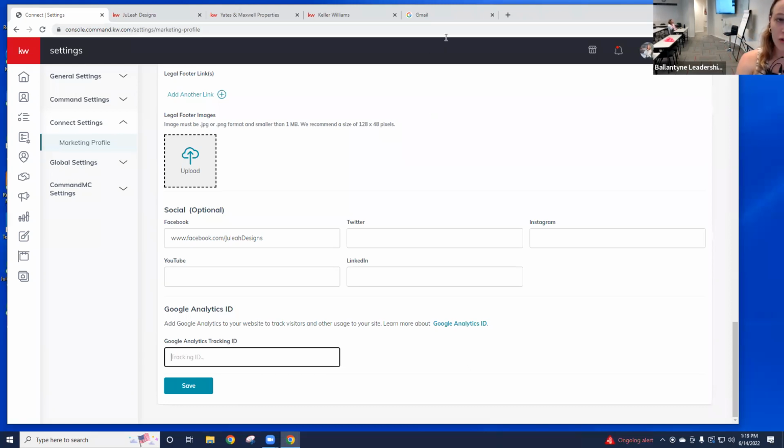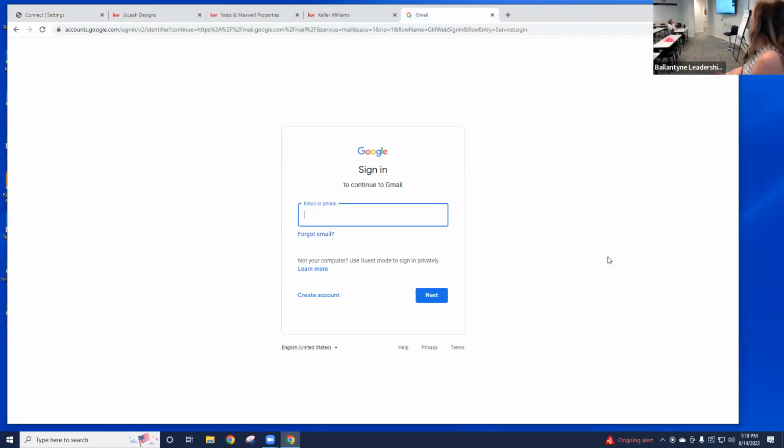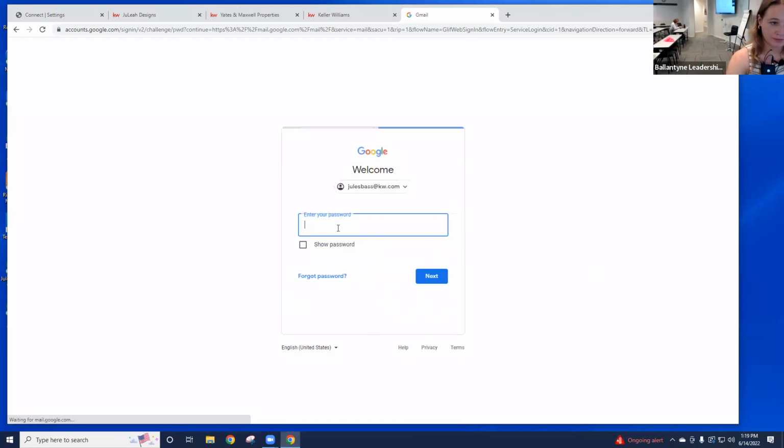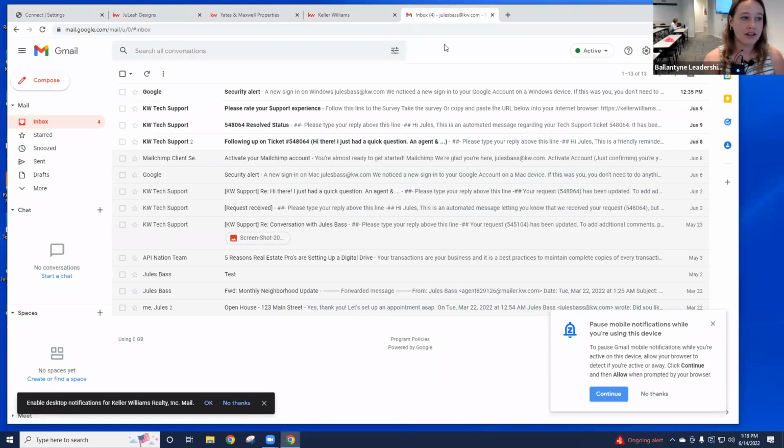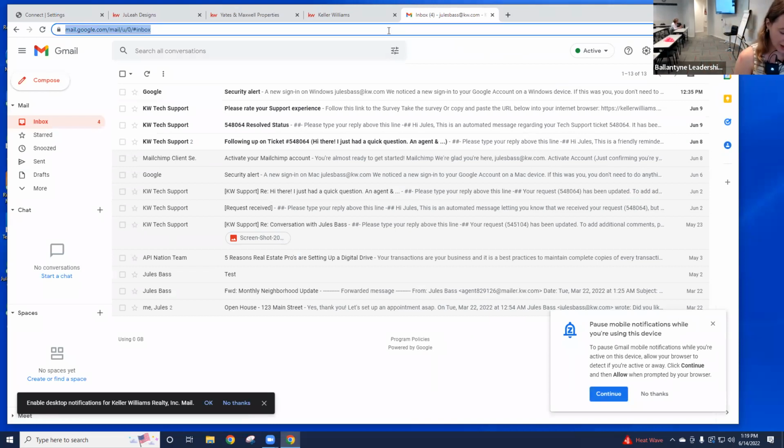In order to set up a Google Analytics ID, you will just have to be signed into a Gmail account. Your KW email is a Gmail account, so feel free to sign into your KW email or whatever your business email is, if that's a Gmail account. All right, and once you're signed into Google or gmail.com, you can go to